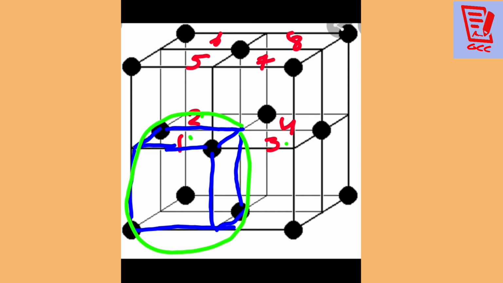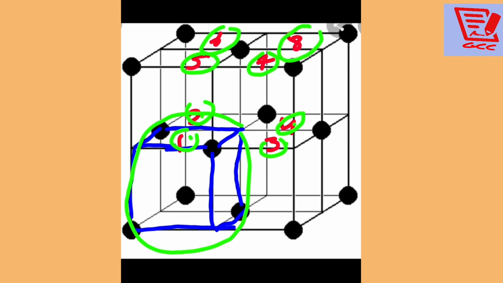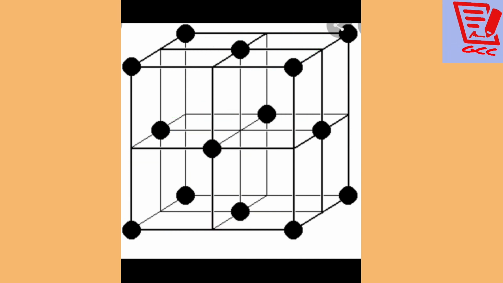1, 2, 3, 4, 5, 6, 7 and 8. The smallest repeating unit in 3D in the space lattice, which is repeated over and over again to form the crystal lattice. Okay, 1, 2, 3, 4, 5, 6, 7, 8 means one cube is repeated 8 times, and only then do we get the crystal lattice. And this cube is what is called the unit cell. I hope you all are getting my point.